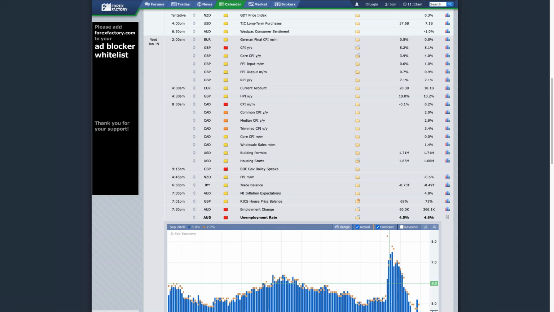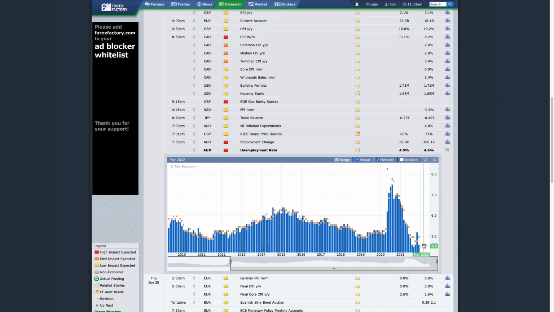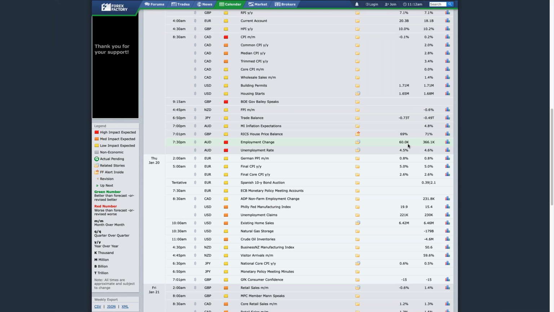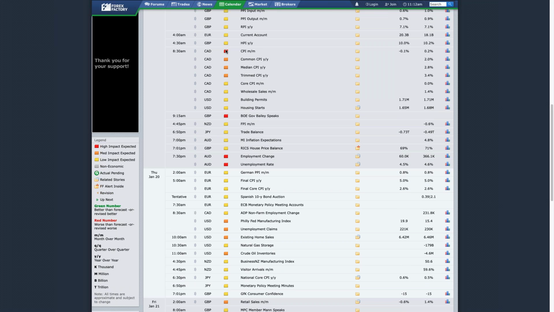And look at that unemployment, 4.6%. So if this comes in, it's expected to get 60. Right? Again, look at the full-time, part-time split. Full-time jobs are better than part-time. So if unemployment comes in like 4.3 and employment comes in like 120, 150,000 plus, then look for potentially Aussie CAD upside, particularly if the CAD's a miss.